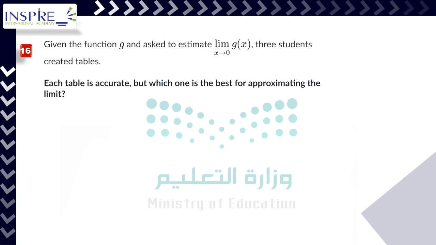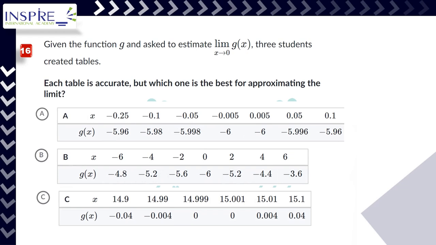Next, we're given the function g and asked to estimate the limit of g of x as x approaches 0. Three students created tables. Each table is accurate. Okay, but which one is the best for approximating the limit? Let's check all of them. The first table. At first, which number are we looking for? We're looking for the number 0. So we need numbers that are very close to 0, getting closer to 0 from the right side and